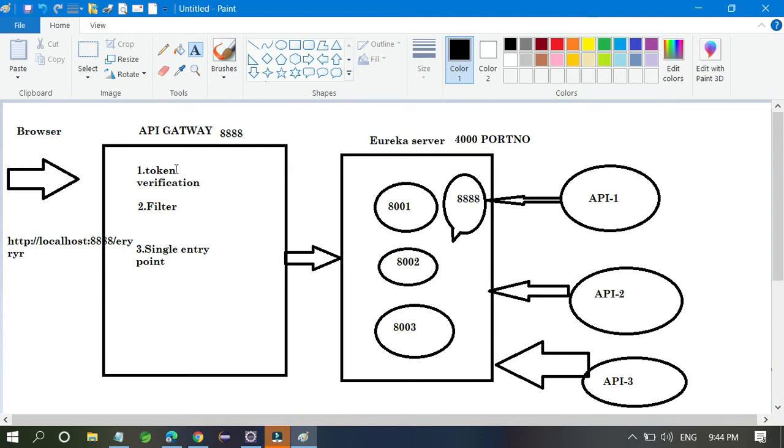Whatever you want to do, you have to do it in the API gateway only. You don't want to do it in every API.